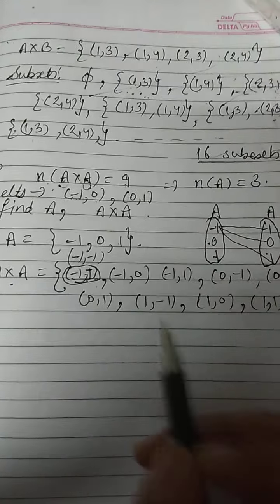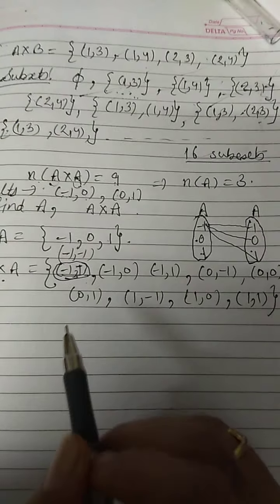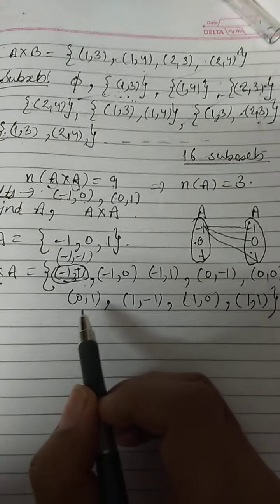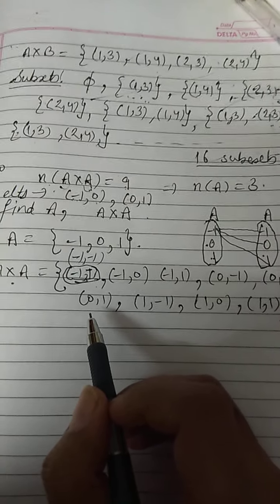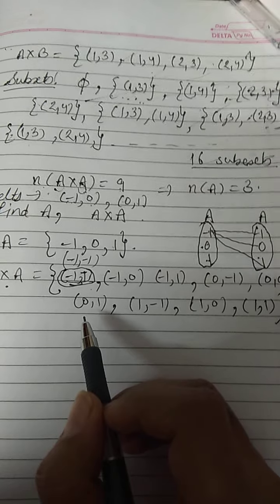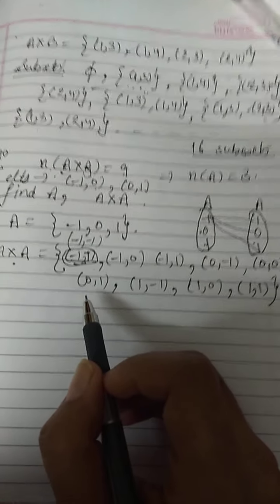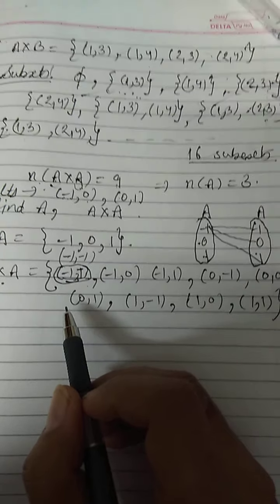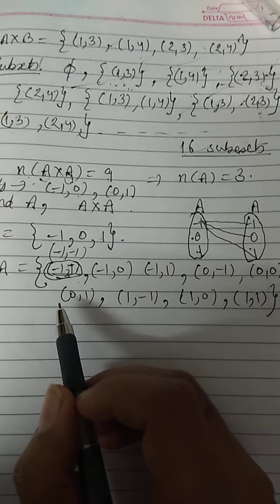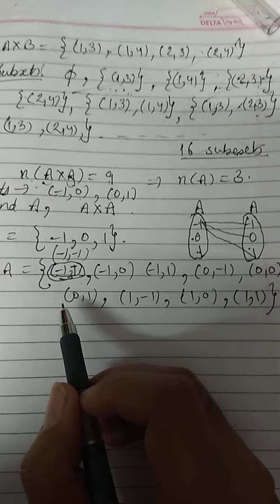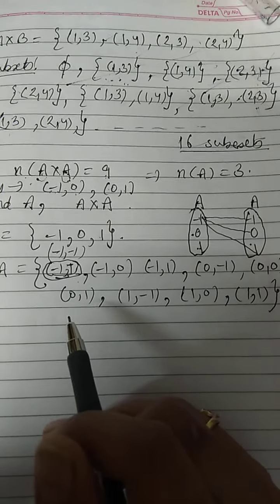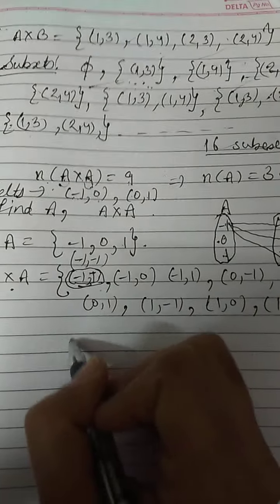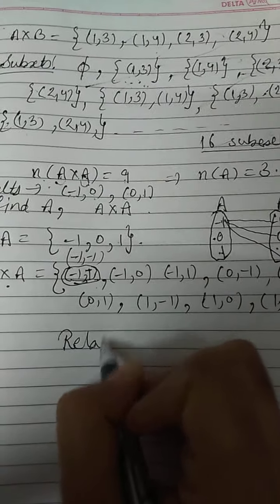Okay, so the first exercise is completely based upon the Cartesian product. Now I hope everybody is clear with the concept of Cartesian product, and if any doubt is there, you can ask in the next class regarding your doubts, and we will move to the next topic, which is based upon the name of the chapter, that is relation. Okay, now what is a relation? We will start with that.